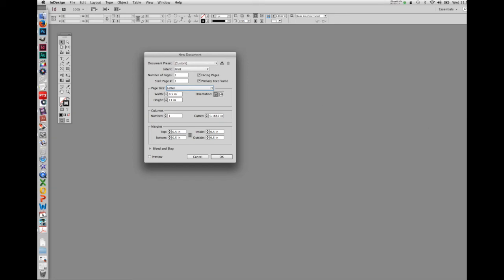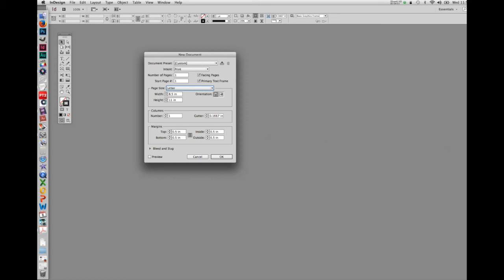Going to the next item down in our dialog box, we have the columns field. The columns field allows you to control the number of columns in your document as well as the gutters that run between them. For right now, we're going to leave these at the default of 1 column on the page and a gutter size of a fraction of an inch. The next item down is the margins box. The margins allows you to set the size of the margins on the perimeter of your document. These are set as a default on most documents at 1/2 inch. We'll leave that in place right now, although you should be aware you can set these to any size you'd